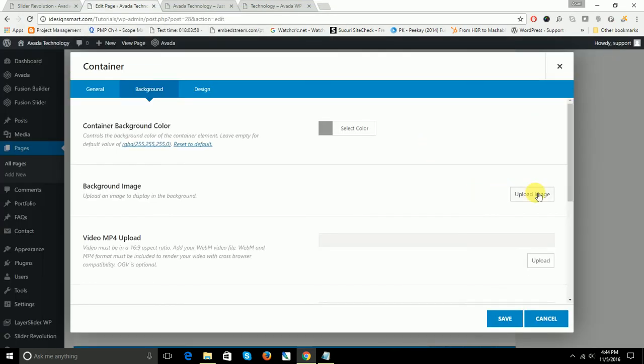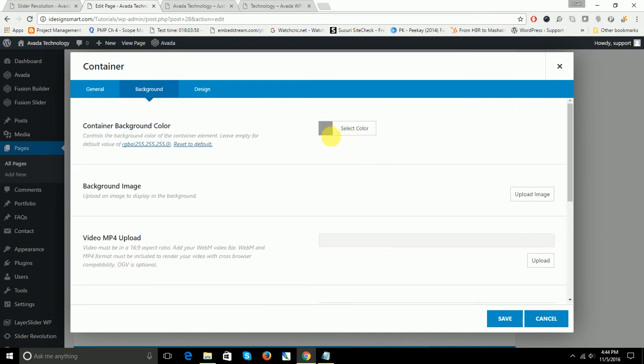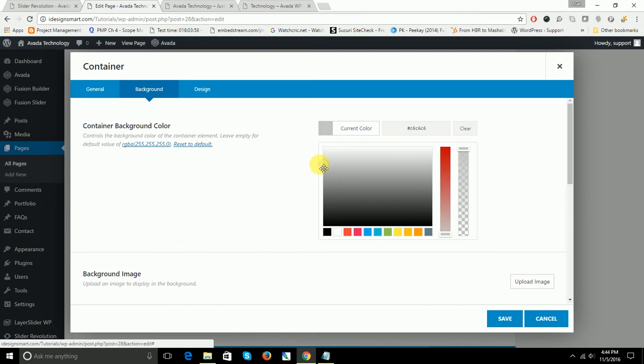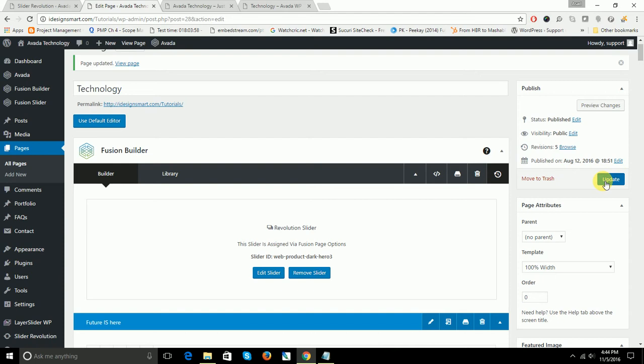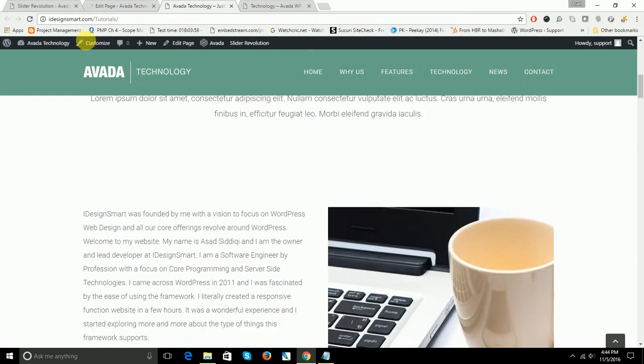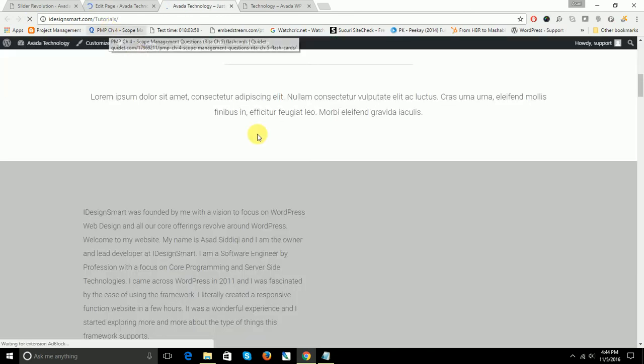So if you do have a background image, then you can go with a parallax type setting. Maybe I'll also show you that, but for this column I'll just go with a very light color in the background, and this color should take the full width of the screen. So once my page is updated, I will go back here and refresh my page. Alright, so now as you can see, there is a very light gray in the background taking the full width,